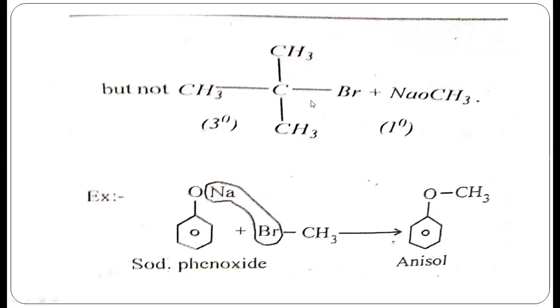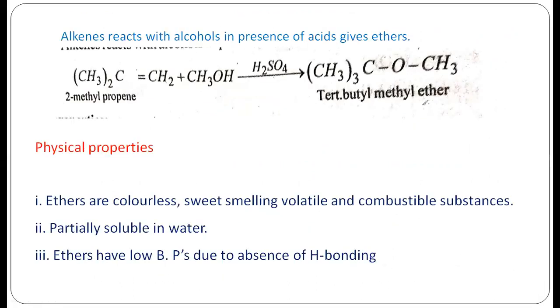Similarly, aromatic ethers can also be prepared using Williamson's synthesis. To prepare those compounds, sodium phenoxide reacts with methyl bromide: bromine leaves as bromide, and Na plus is eliminated as sodium bromide. So finally this group is substituted here. This compound is called anisole, that is methyl phenyl ether. The general name is anisole. Like this, with Williamson's ether synthesis, we can prepare all the different types of ethers.